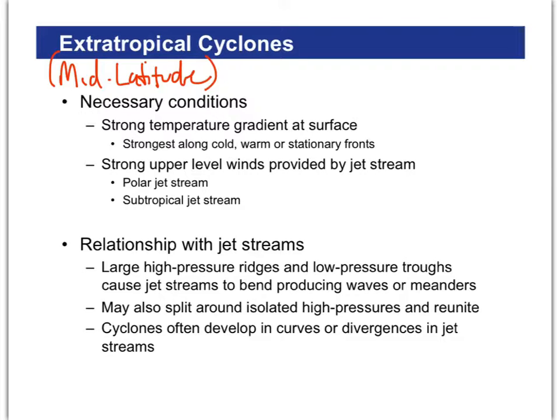Okay, so in order for these storms to occur, and by the way, they don't form exactly the same way that hurricanes do. They actually form as a result of fronts. In order for them to occur, you need a pretty steep temperature gradient at the surface. Now, what I mean by that is, let's pretend this is the surface of the Earth right there. And as you go up, let's see if I can sort of shade this accordingly. You want it to be maybe